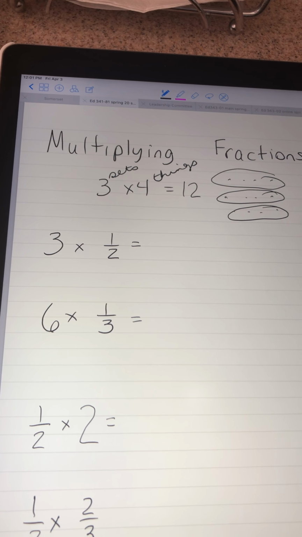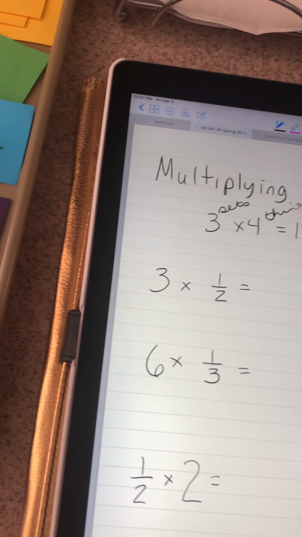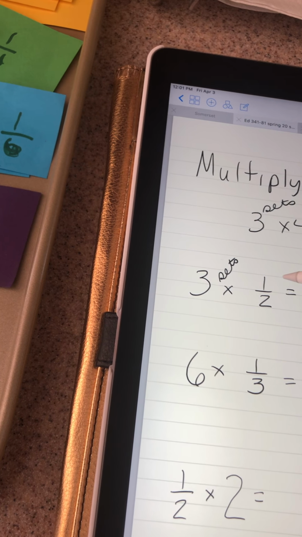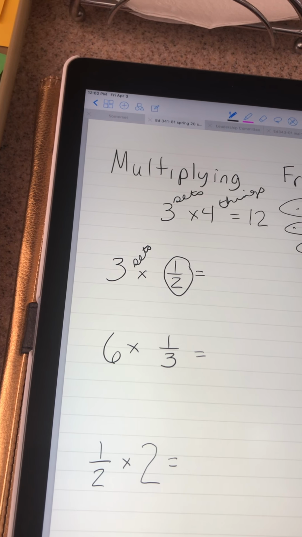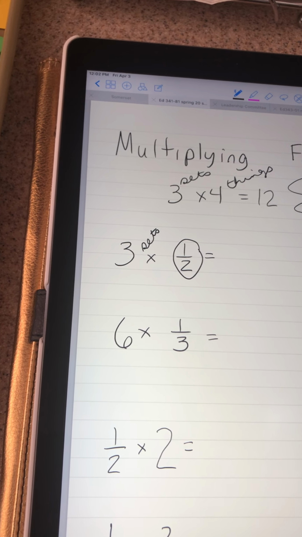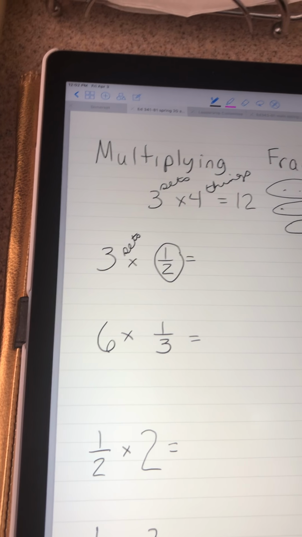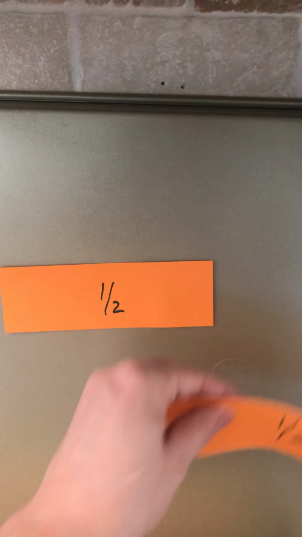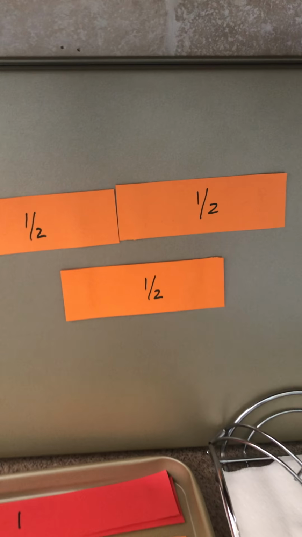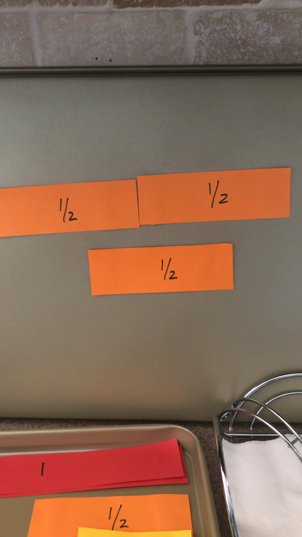So let's think about it this way with these problems as well. 3 times 1/2 would mean 3 sets of 1/2. So just like up here with the whole numbers, this would be repeated addition of 4 plus 4 plus 4 to get 12. This would be repeated addition of 1/2, 1/2, 1/2. So the multiplication of 3 times 1/2 would mean